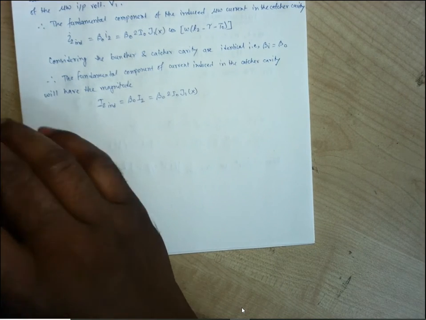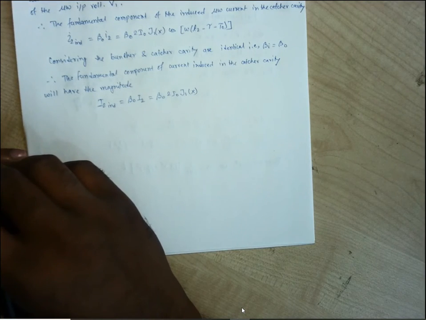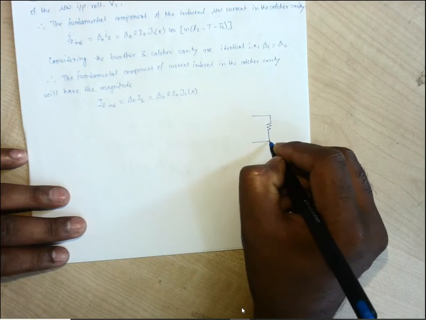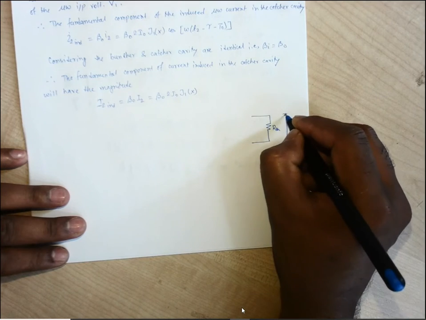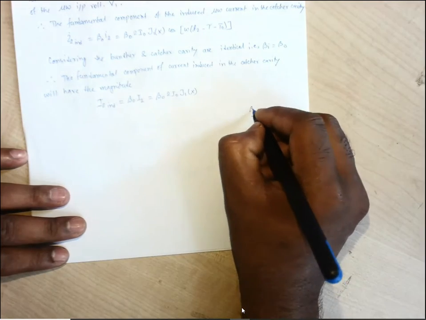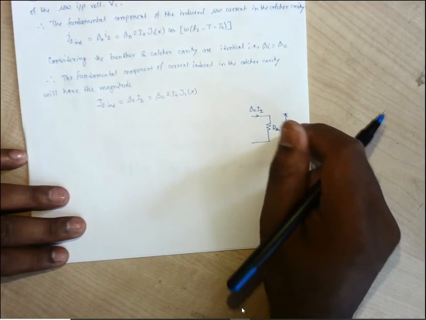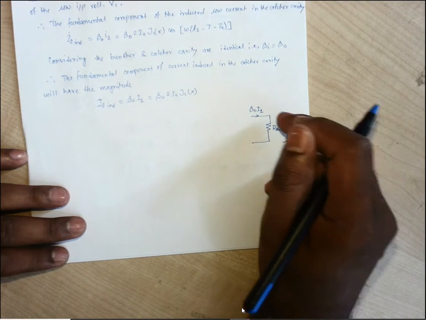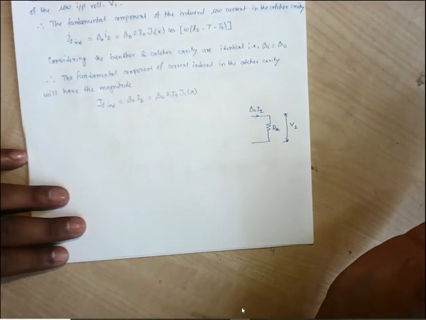So we can say that at the output side we have a load over which the power is dissipated. We can think of it like this: we have an output, let us consider it RSH. The voltage across that load is V2, and the current coming is beta naught I2. It is the current which comes to this load and produces some output. So this is the total output voltage of the cavity resonator, that is the catcher cavity.